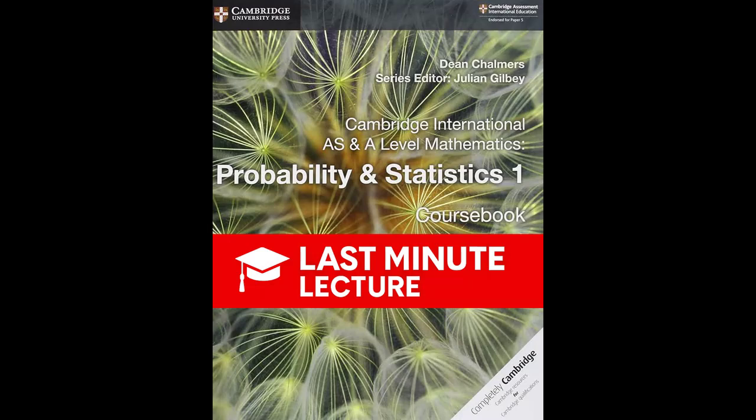Let's walk through worked example 6.4 to see this in action. We have a table with values 0, 5, 15, and 20. And the probabilities are 1 over 12, 3 over 12, 5 over 12, and 3 over 12. Okay, step 1 is finding the expectation, our mean. So we multiply the values by their fractions and sum them up. Which gives us 150 over 12. And that simplifies to an expectation of 12.5.